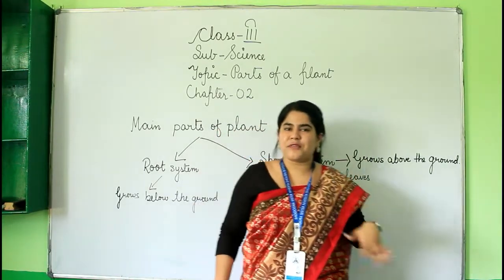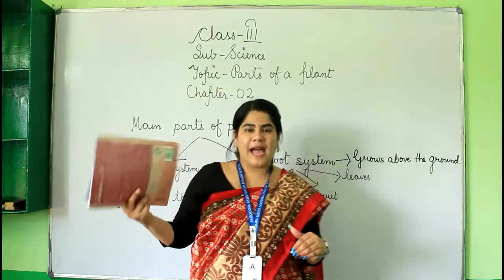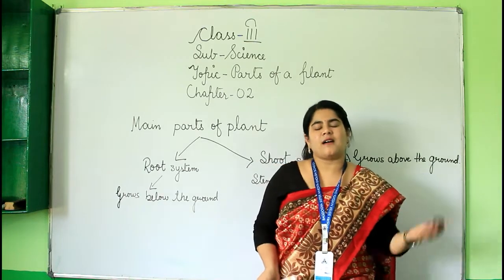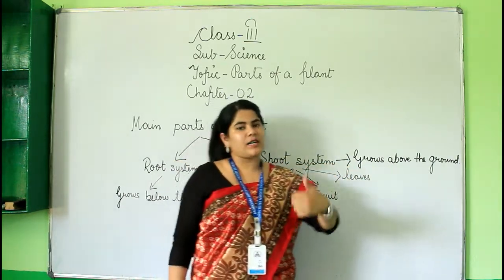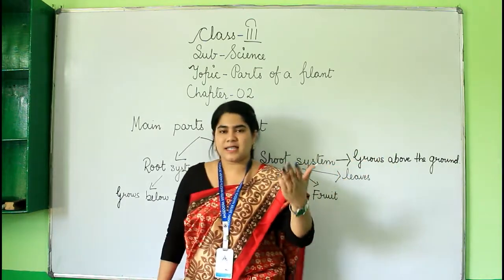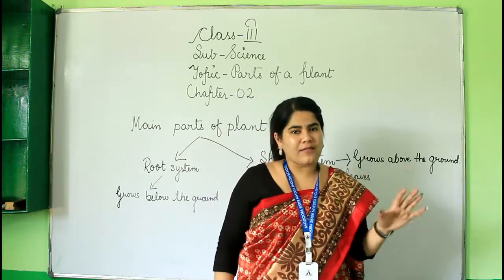And what we have learned today in this chapter is the various parts of a plant. Plants have different types, and each plant has various parts, and all these parts are very essential. Plants give us oxygen, which is very important for all living things. We have learned about roots, stem, flowers, seeds and leaves. I hope that you all have understood the chapter.